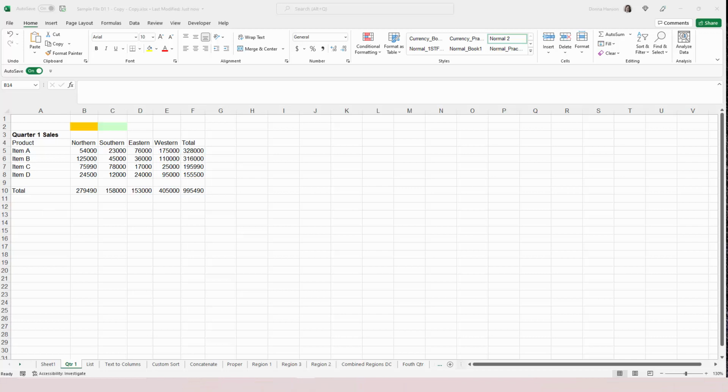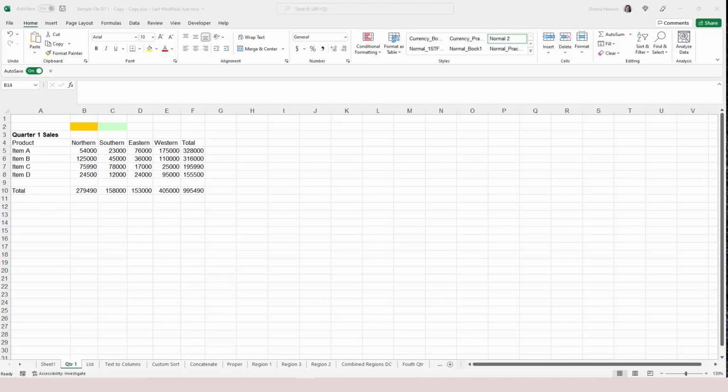How to apply borders and shading to your spreadsheets. Often, particularly when you have longer spreadsheets, it can be a challenge to read things on screen. This is made even worse when you start to print things out. So in this video, we're going to cover a number of ways that you can shade, format, and add borders